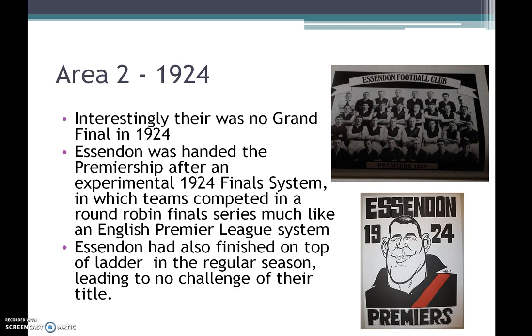So Area 2, 1924. Interestingly, there was no grand final in 1924. Essendon was handed the premiership after an experimental 1924 final system, in which teams competed in a round-robin final series, much like an English Premier League system. Essendon had also finished on top of the ladder in the regular season, leading to no challenge of their title. So if Essendon had not finished on the top that year in the regular season, and they won the final system competition,